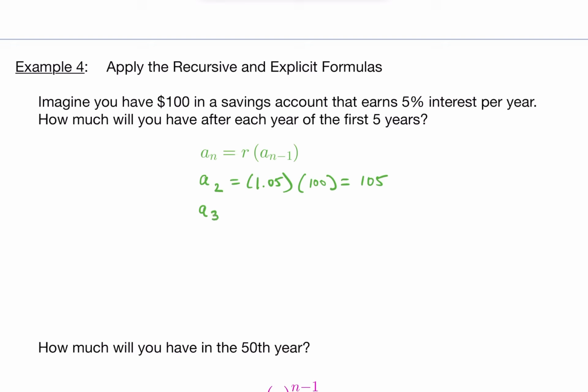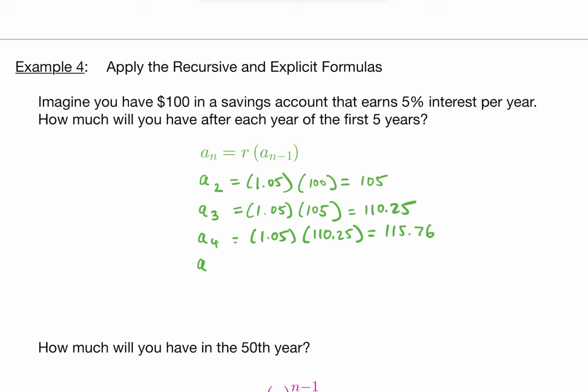Okay, and then the following year, this is the end of the second year or the beginning of the third, is going to be, again, the common ratio, which is 1.05, and this time we're going to multiply this by 105. Okay, and 105 times 1.05 works out to $110.25. Okay, and then the next year we're going to do the same thing again. 1.05 times, this time it's going to be $110.25, and that works out to